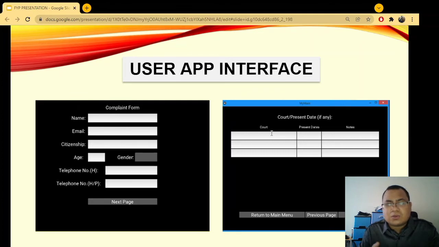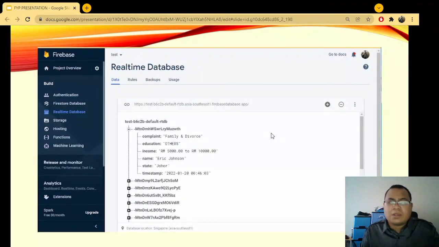Users could also go back and forth between the pages of the form, which is 6 pages in total, if they wish to edit any of their inputs. When the user clicks the Save button, their data is sent to the Firebase online database, which stores it under a randomly generated string key, which will be used to retrieve the data later on for the admin app.